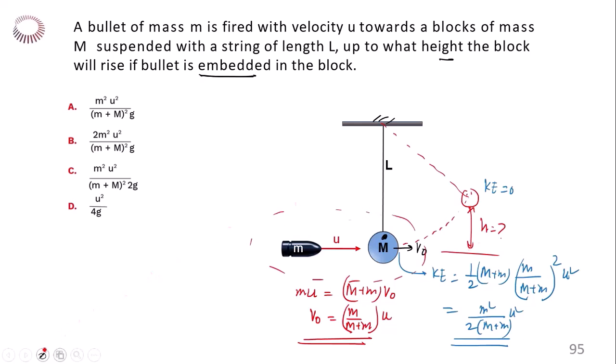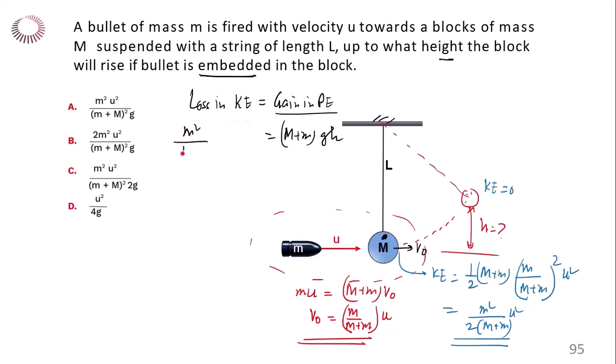So loss in kinetic energy is nothing but the gain in potential energy. Okay. So loss in kinetic energy should be equal to our gain in potential. So potential energy gain is how much? That should be equal to M plus m into g into h. And loss in kinetic energy is equal to m square divided by capital M plus small m, divided by 2, into U square. So from that h should be equal to how much? m square divided by 2 times capital M plus small m whole square,